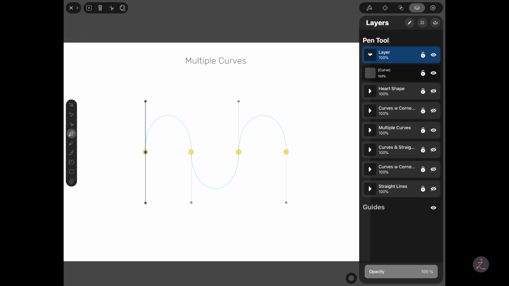Again, I'm going to tap and drag and then tap two fingers on the canvas to control this and snap those two control handles in 45 degrees of increment. Release that. Tap and drag again, tap two fingers on the canvas to enable snapping 45 degrees for both directional handles like so.